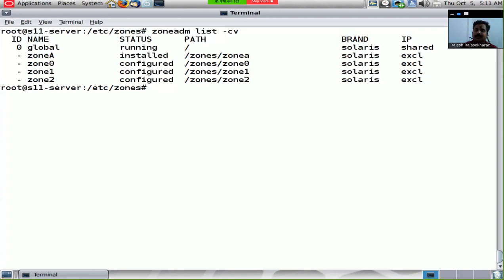It could happen this way, that you want to configure a very complex resource management within the zone, so you could have a template ready and then modify the template appropriately to configure as many zones as possible. Maybe you can even script it so that you can automate the whole process of zone configuration. Now that zone 0, zone 1 and zone 2 are in configured state, the next step of course is